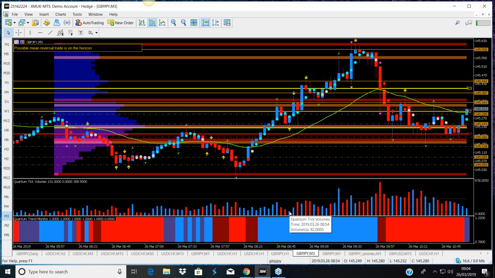Then you have a resumption, not a lot of volume underneath it, but it's there. It's certainly not going to fall. So we just have to wait and see at what point it is going to take off again. And it did. We have a little rise of volume.